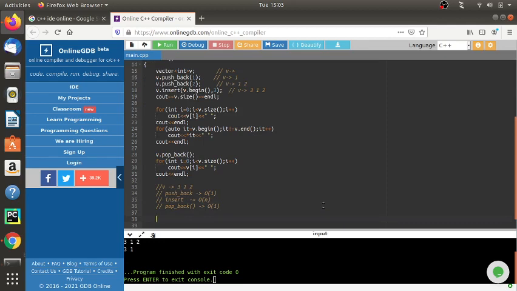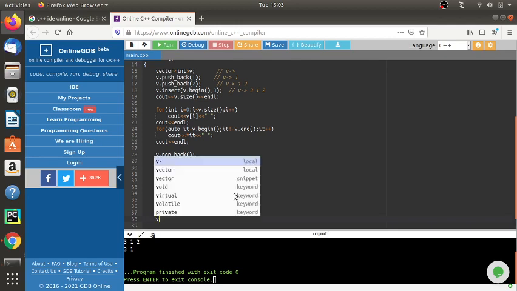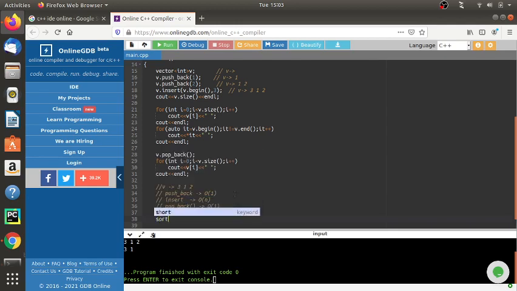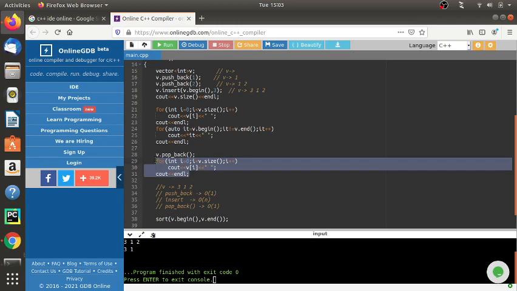Basically when you have variable size input, or you want to perform operations quickly, you can use a vector. For example, if you want to sort a vector, you can use a function like sort(v.begin(), v.end()). From beginning to end it will sort the vector, and we can also print that here.